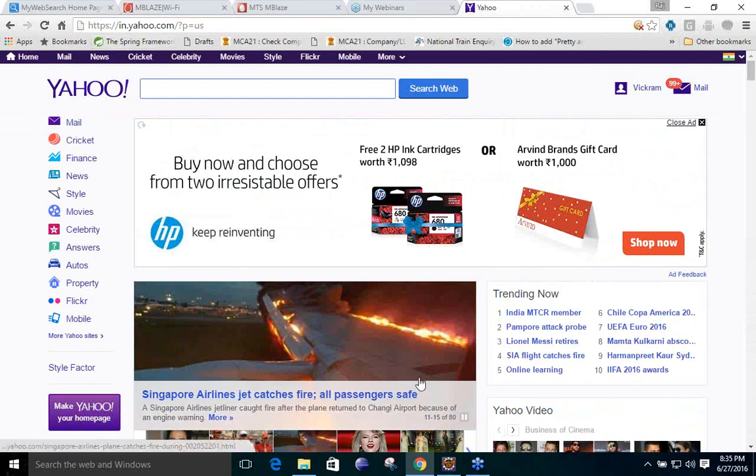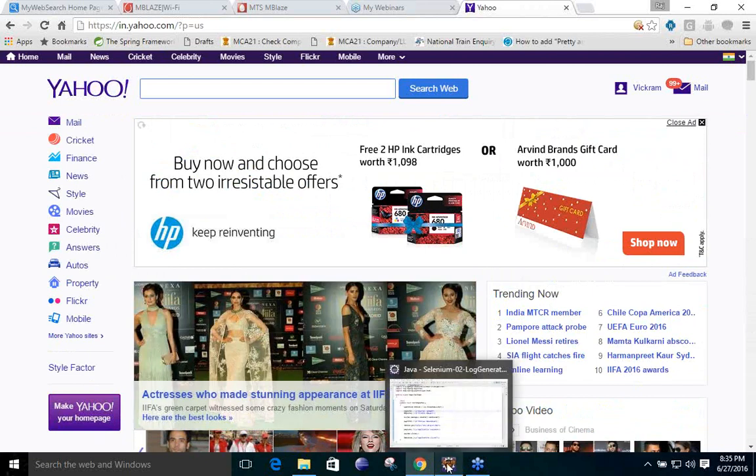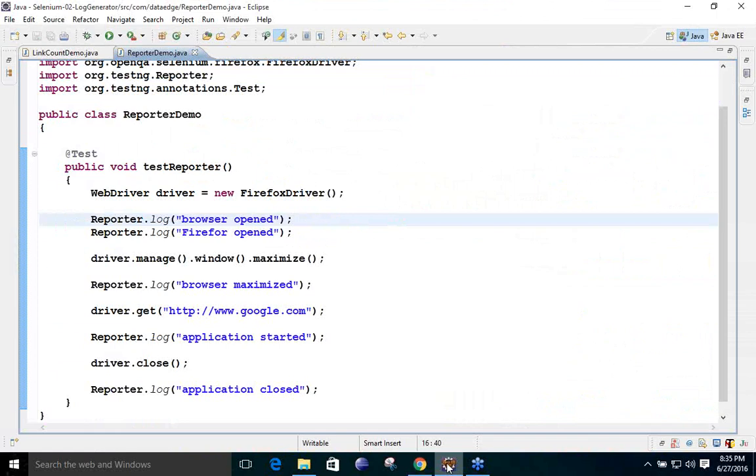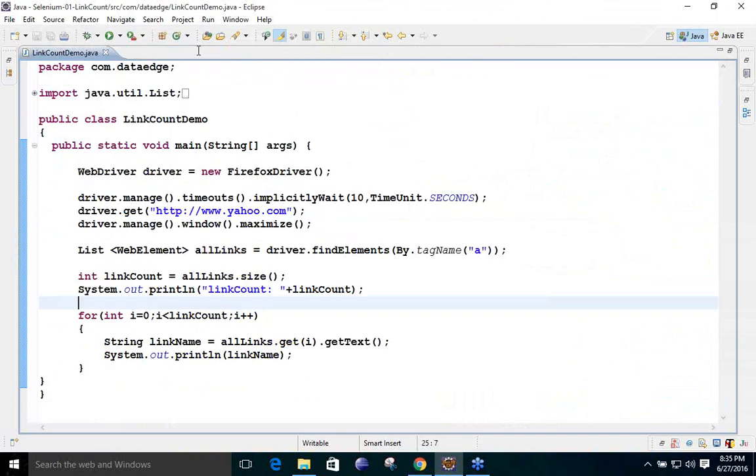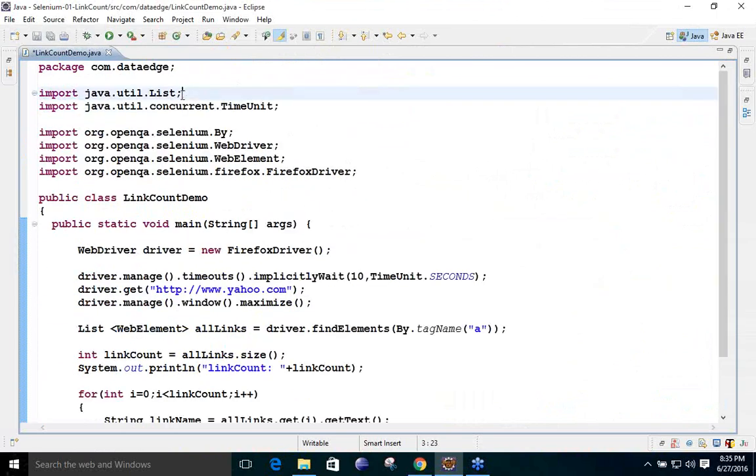Then you need to proceed to the next operations. The operation is single: you need to count the links. So how is it going to check the links available on yahoo.com? For that, you can see on your screen, this is the smallest code. There are no extra 1,000 lines of code to count the links.